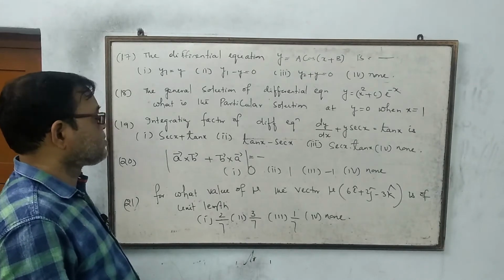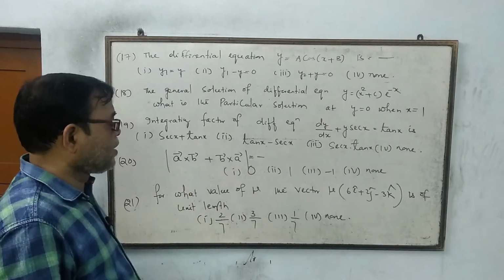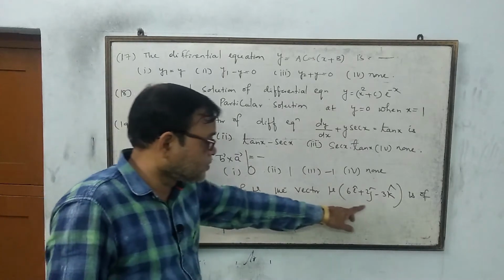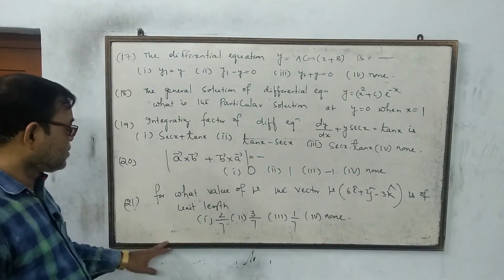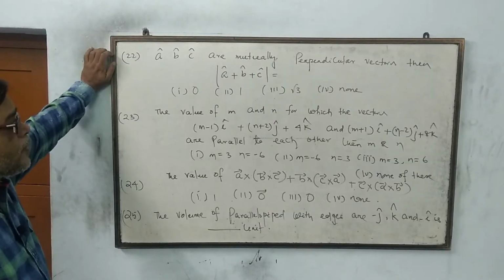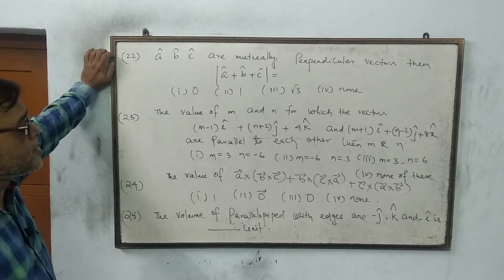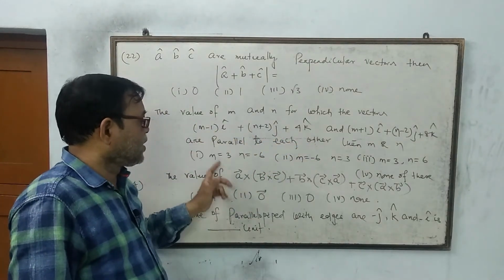A cross b plus b cross a magnitude is equal to dash. Four options are given. For what value of mu the vector mu into this much is of unit length? Yes. Next, question number 22. A, B, C are mutually perpendicular vectors, then a plus b plus c mod is equal to dash. The value of m and n for which the vectors this and this are parallel to each other, then m